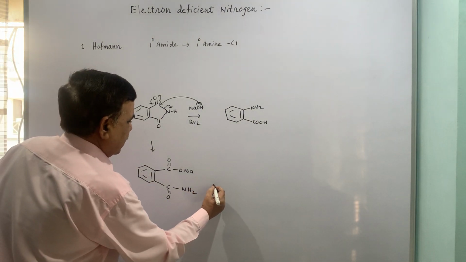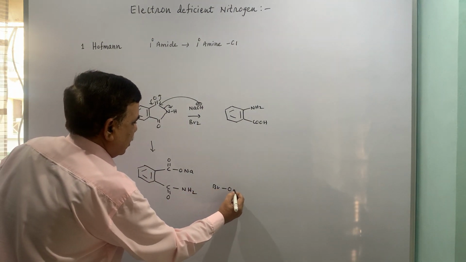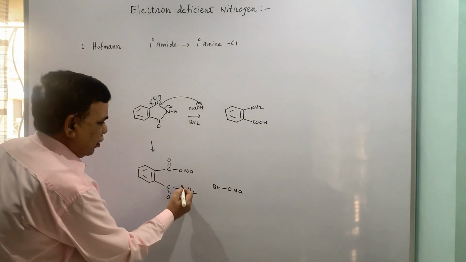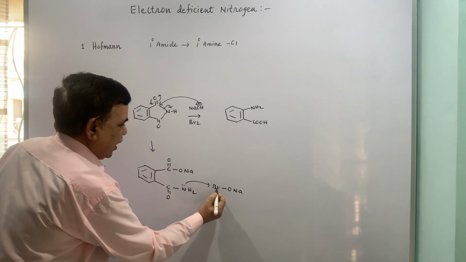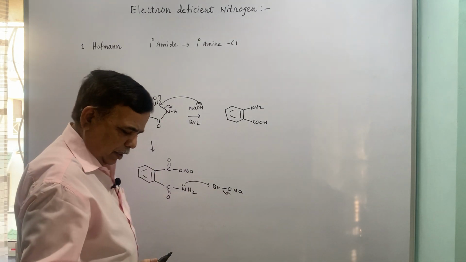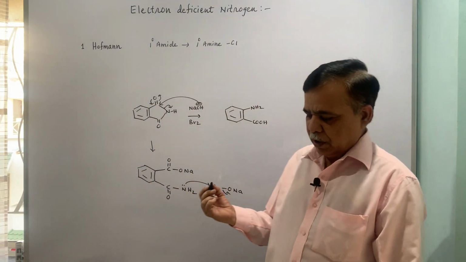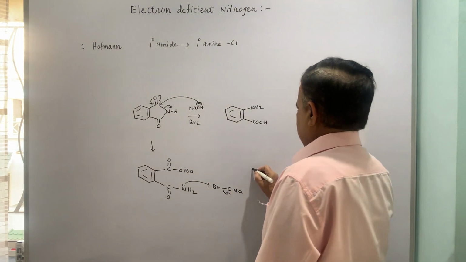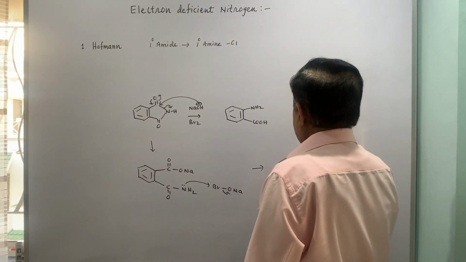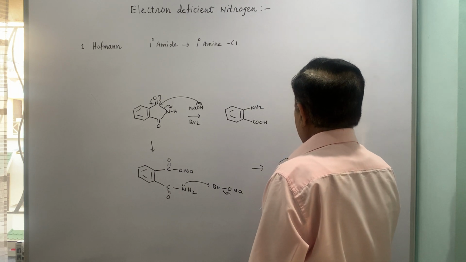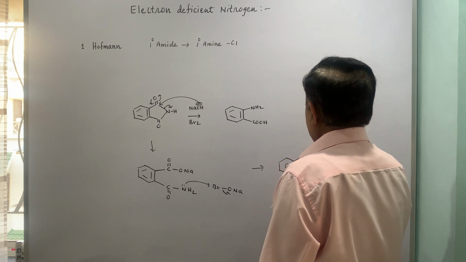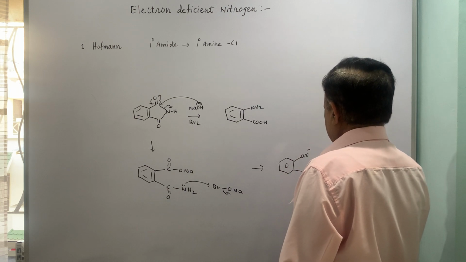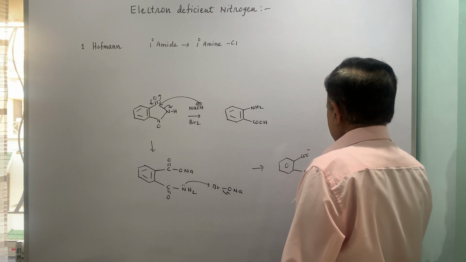Then this interacts with your NaOBr which is formed between these two, and now the reaction mechanism is very similar to the earlier one that we have already shown, that is with urea, and the migrating group is the entire ring with that COO group. So I am going to put that COO group, C double bond O, NHBr,